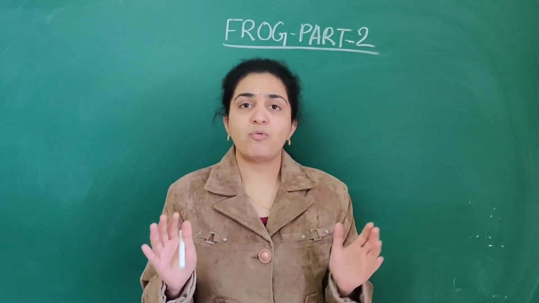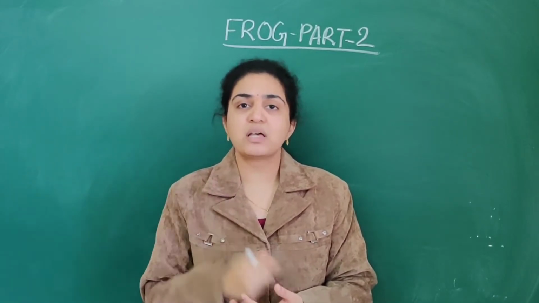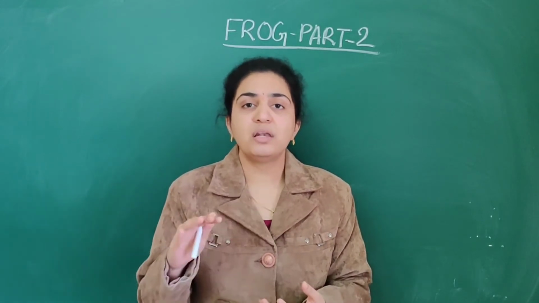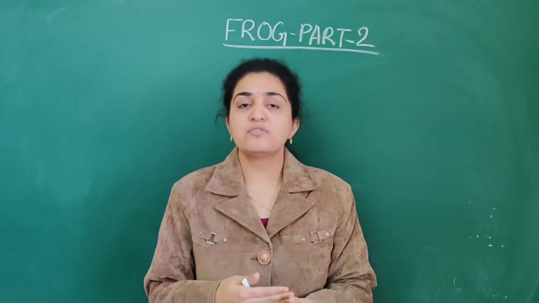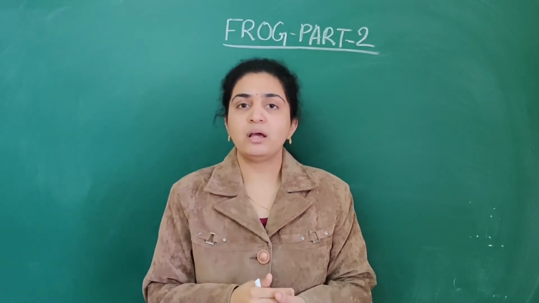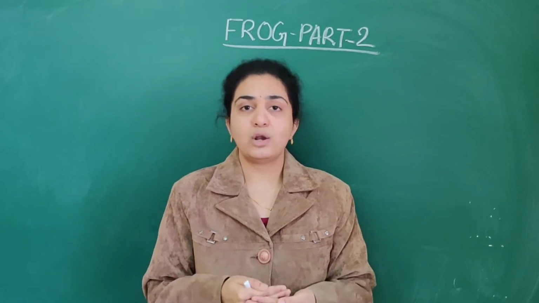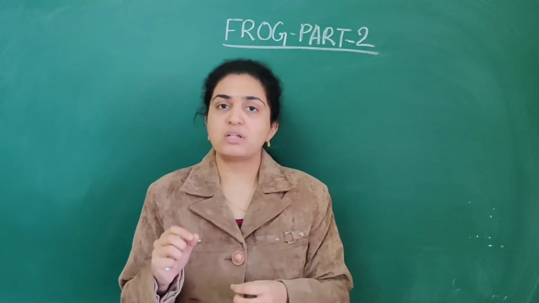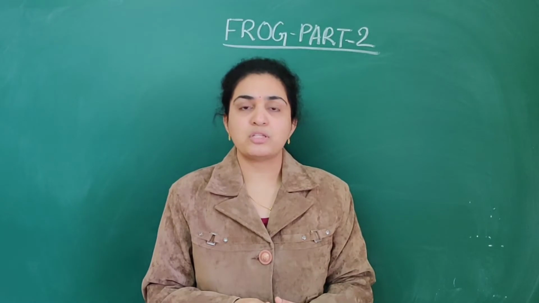Next, it is covered by an olive green colored layer with numerous spots present. Those spots are yellowish in color. This is fully on the dorsal surface. When it comes to the ventral surface of the frog, it is light yellow in color. On the dorsal surface, olive green in color. Ventral side, yellowish in color. On the dorsal side only, numerous spots are present. These spots are called yellow color spots.